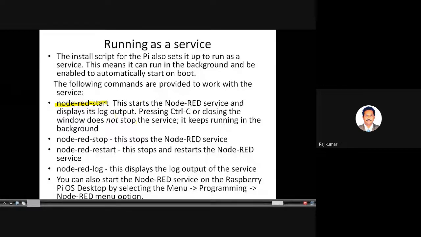That means it will show the status of the execution of Node-RED on the Raspberry Pi. That is called the log output. But the problem, when you make this an automatic service at boot time, is that you cannot forcibly stop it using Control C. It is impossible because it will not be in our control.